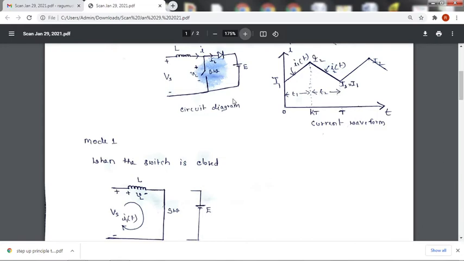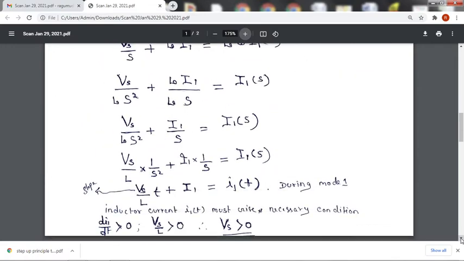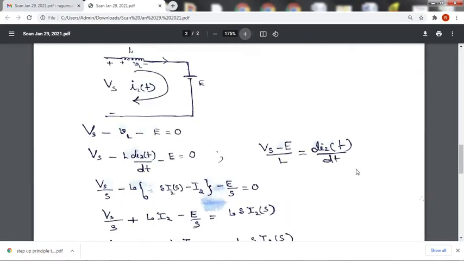So I am opening this switch. So this path is a broken path. So Vs minus L di2/dt minus E is equal to 0. So if you just apply the Laplace transform,